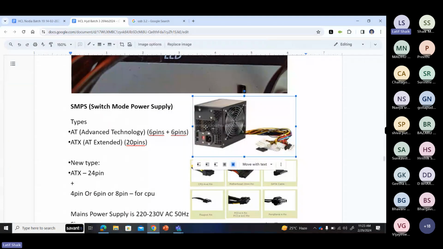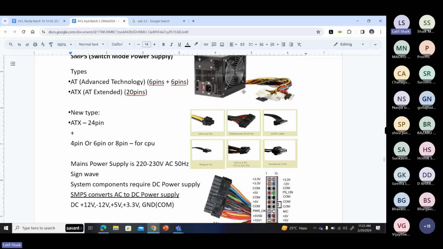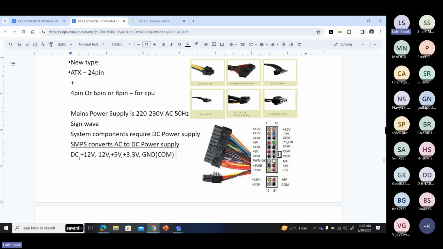What is SMPS? Switch mode power supply. So what it will do, it converts your main power supply to DC power supply. In a computer, in normal PCs, we need different voltage levels; different power supplies are required for your motherboard, your hard disk, your CD-ROM, like that. So what are the voltages we are getting from the SMPS? DC voltages, okay? So plus 12 volts, minus 12 volts, plus 5 volts, 3.3 volts, and the black one is